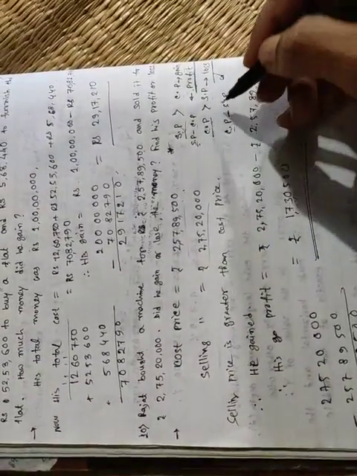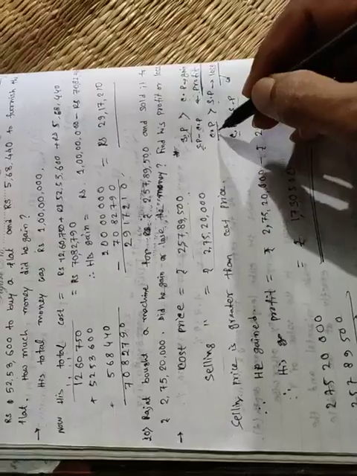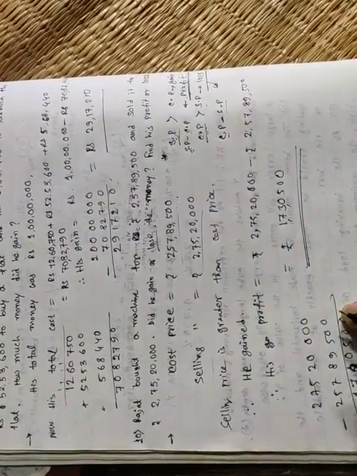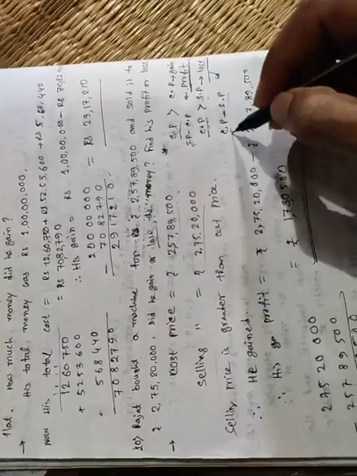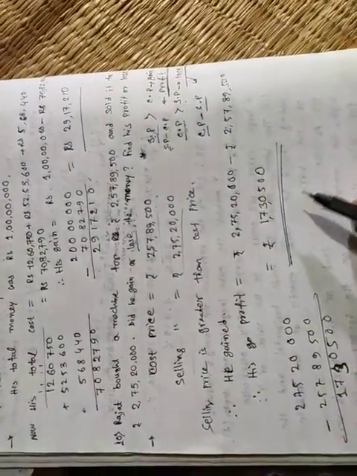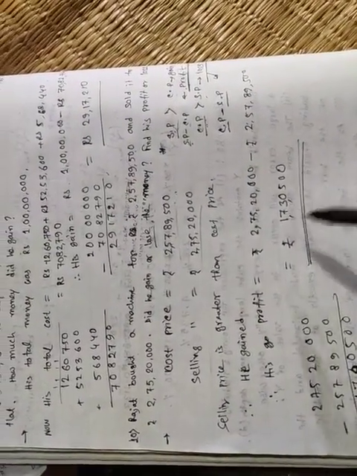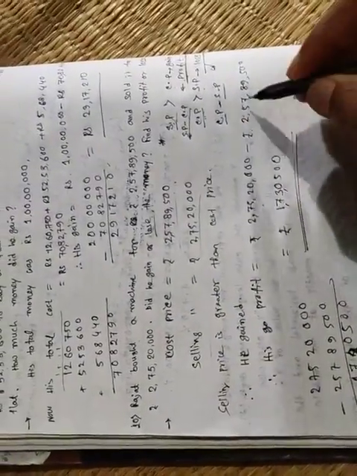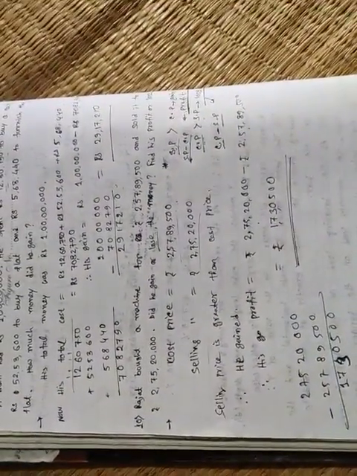When selling price is less than the cost price, that means cost price is greater, then we have loss. He lost the money, and the loss is cost price minus selling price. But here, as we have gain, it is selling price minus cost price. So this is the formula, selling price minus cost price. Now you can do the subtraction easily.